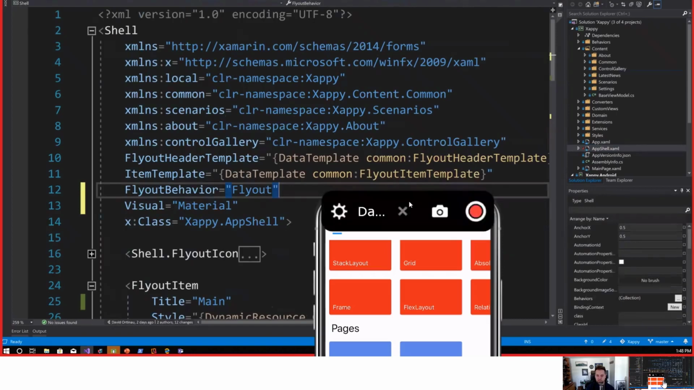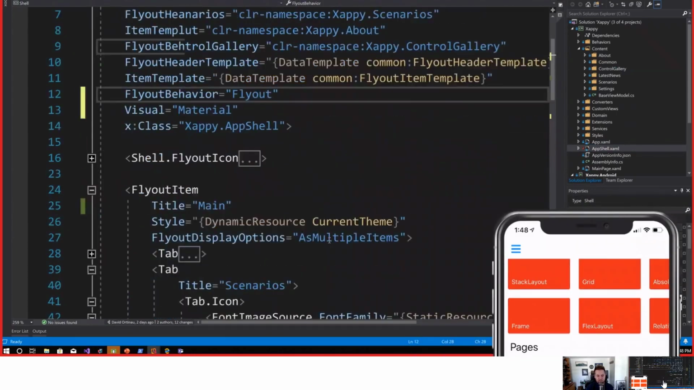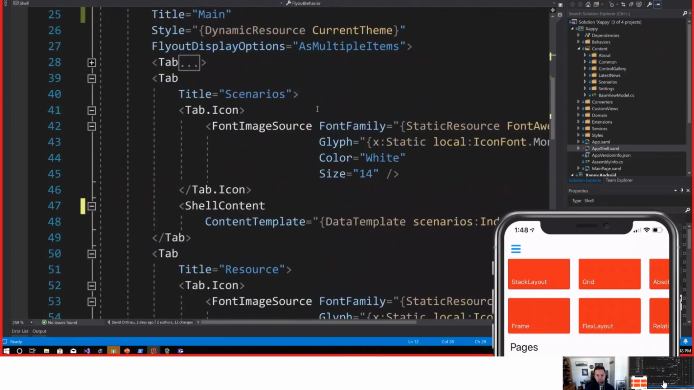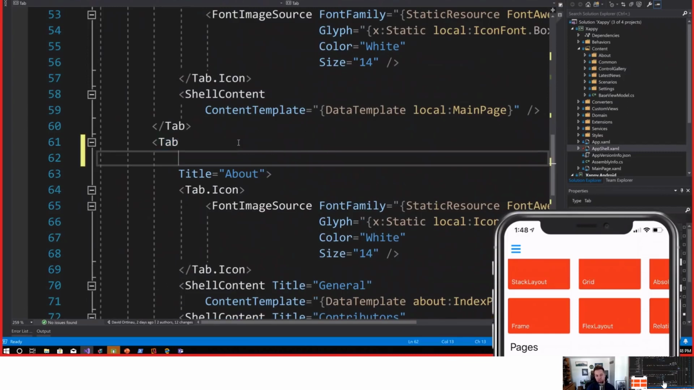So the first thing to notice here in my app shell is that I have defined the different flyout items. And on these pages, I don't have any routes specified. If I wanted to have a route specified, I could. So I could just say route, and this is going to be my about page. Because I've not done that, because I don't need to, Shell is already handling all the navigation to and from